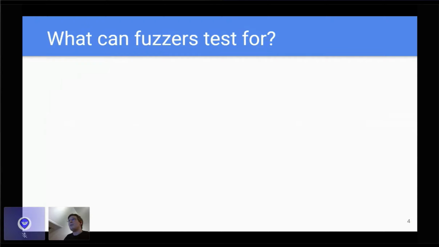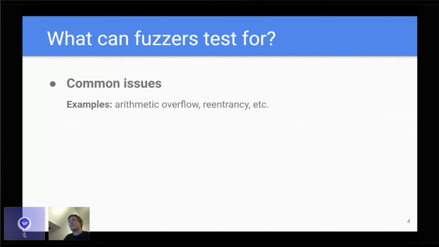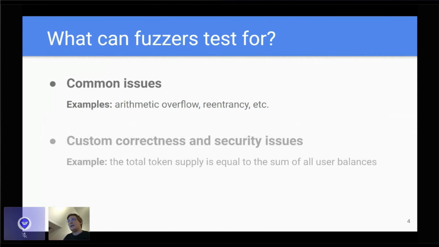So what can we actually test with these fuzzers? What are they good for? Well, the first category is these common issues like arithmetic overflow, reentrancy. I'm sure you've heard about some of them when reading about certain hacks or issues that people found in existing contracts. But then there's also a second category, which is maybe even a bit more important,